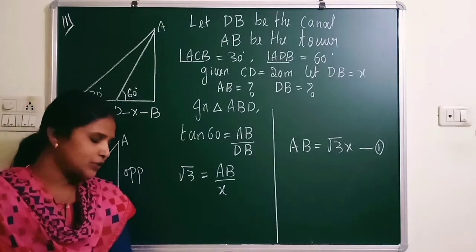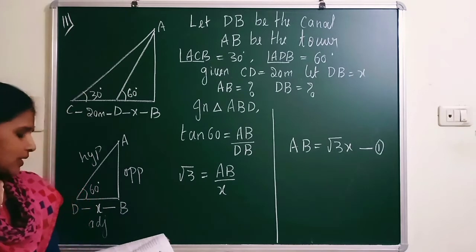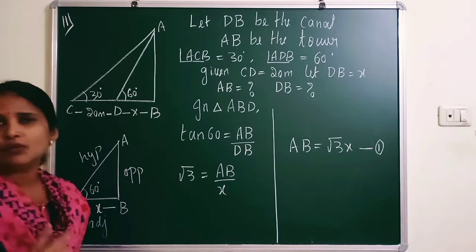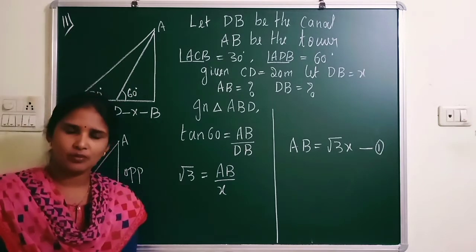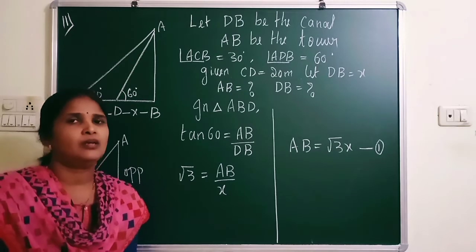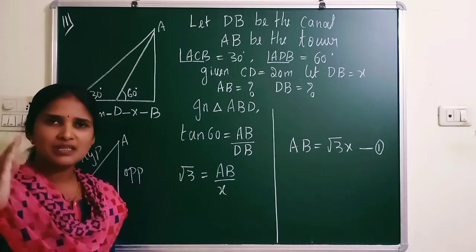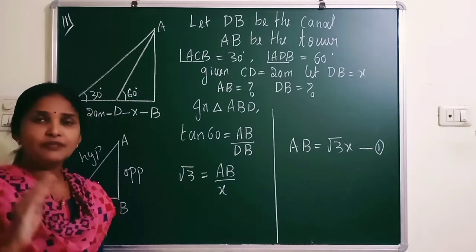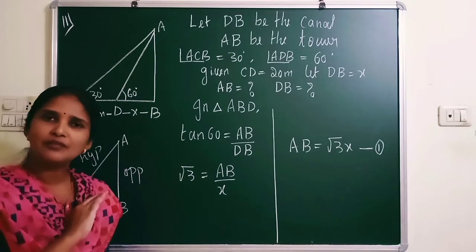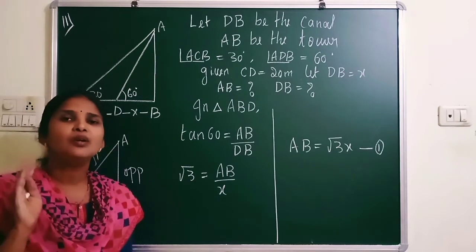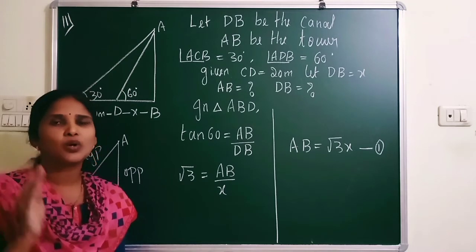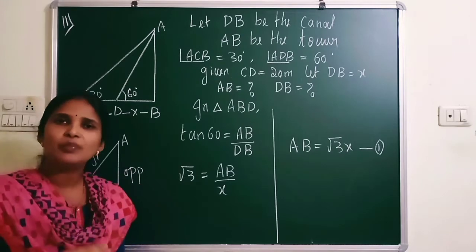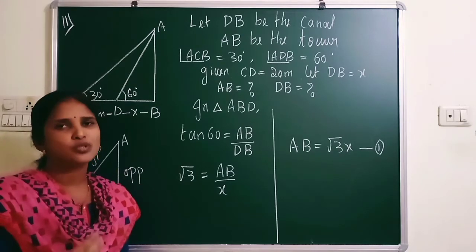Now let us move to the next question, that is question number 11. So here diagram also is given in the textbook, but in your exam, when they give questions which are related to some application of trigonometry, diagrams will not be given. 100% diagrams will not be given. So by seeing the question, you need to draw the diagram. The diagram carries at least 1 mark, and if the diagram goes wrong, the full question goes wrong. So be careful in drawing the diagram. Analyze the question properly, draw the diagram perfectly, and mention whatever he asked, whatever he has given. Then you get an idea how to solve it.